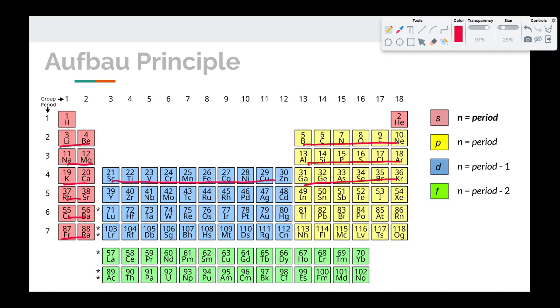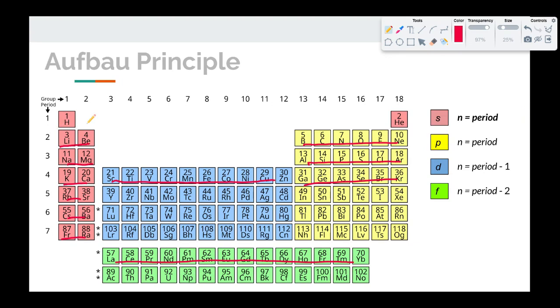5 orbitals, 10 electrons. These down here, those are groupings of 7 orbitals, 14 electrons, 14 elements. And as you fill the electrons in, you're going to fill in 7 orbitals. So there's a shortcut that we can take right off the periodic table as we do the Aufbau principle. The principal quantum number is going to be the period that you're in, the row number. So n equals 1, that's the first row.